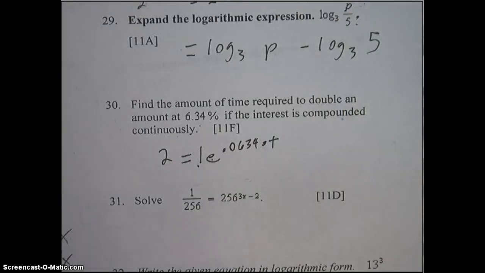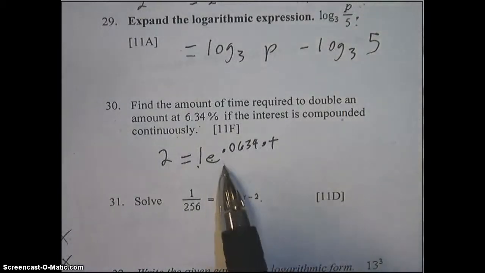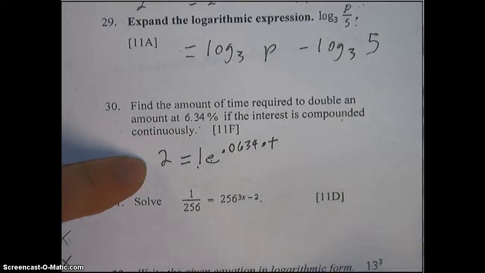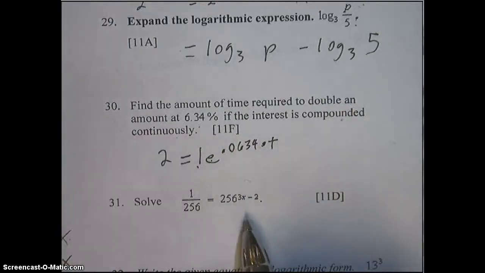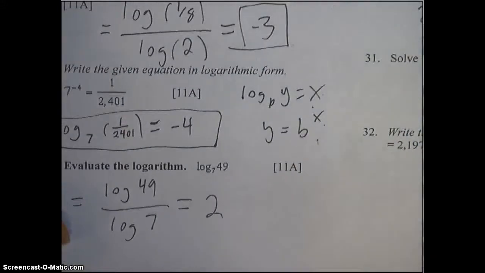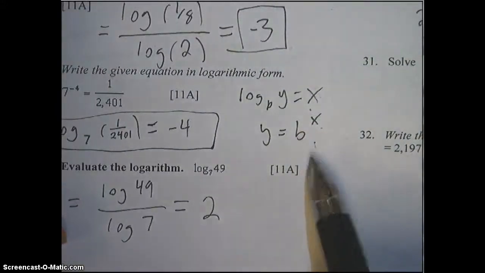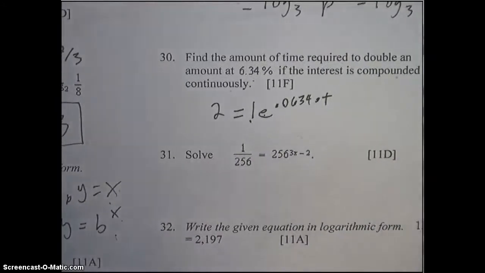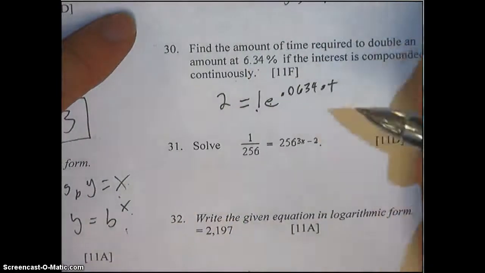So the easiest way to do this is to rewrite this equation, because this is just an exponential equation and we need to write it in log form. So way back over here when we wrote these two equations, it's the exact same, except here your b is an e and log base e is a natural log. So we're going to rewrite this as a logarithm, a natural log,